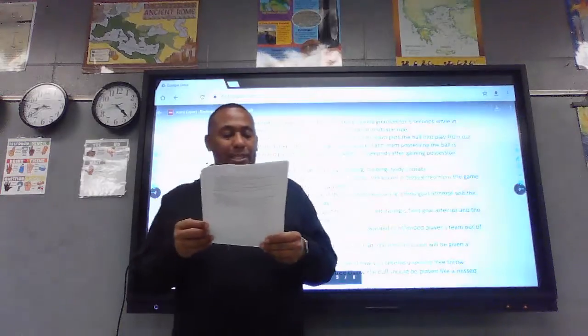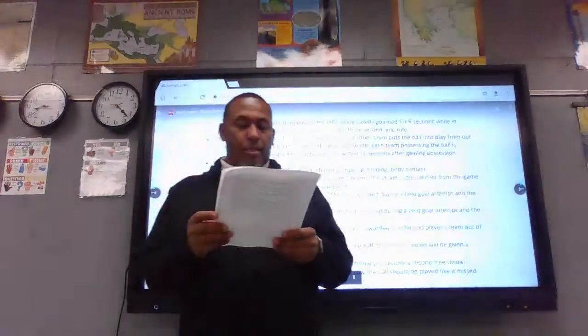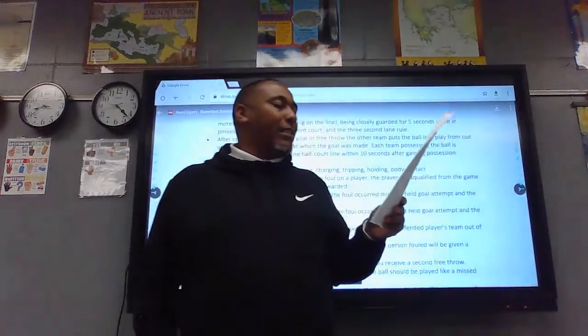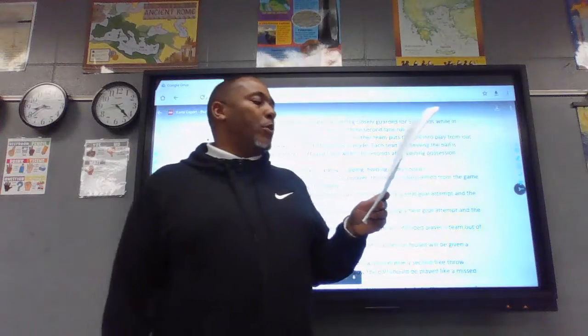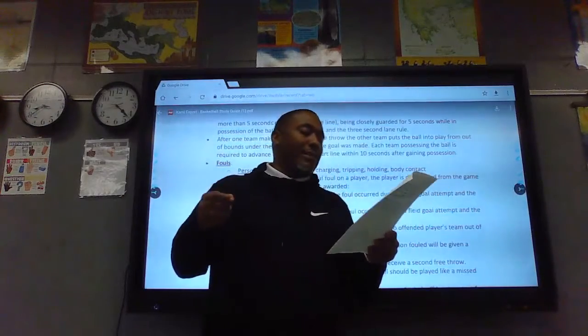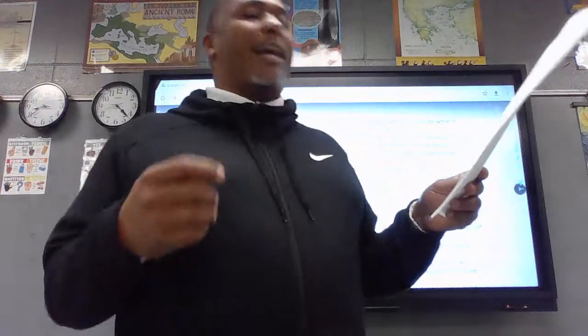All right, positions and descriptions. You need to know the name of each position as well as its corresponding number and typical abilities that the player would possess. Point guard. Guess what? The point guard, everybody take a look at this on your paper. The point guard is the best ball handler and passer on the team.